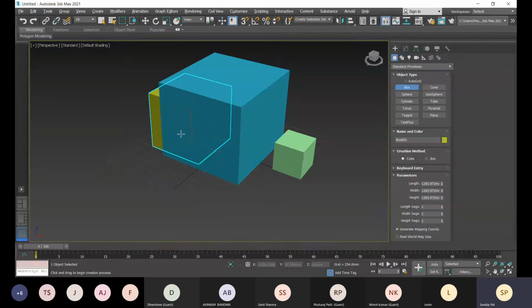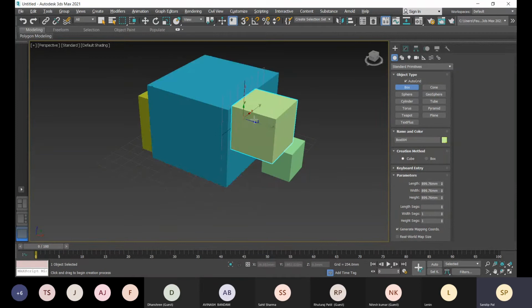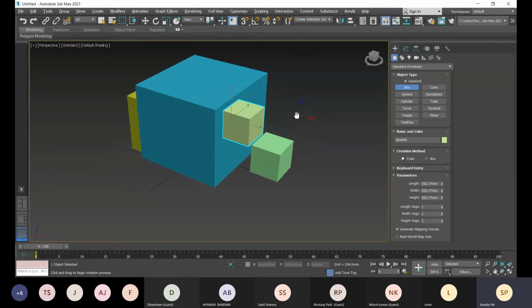But I want to create according to this face, and I want to extrude along this face. So how can I do this? For that, if I check this auto grid option here, it will work like dynamic UCS in AutoCAD. You remember the dynamic UCS option in AutoCAD? It will work like that. Now see, I can create over this face.